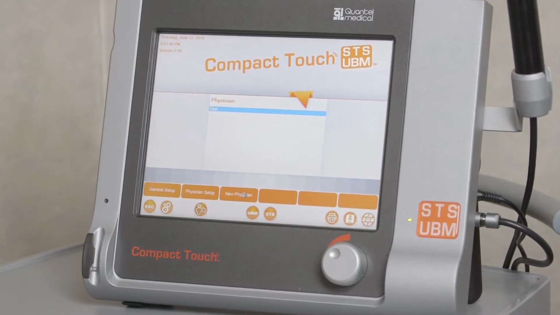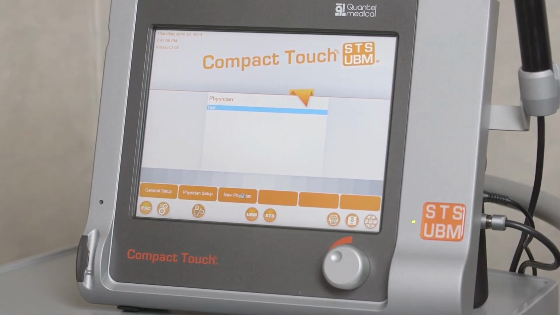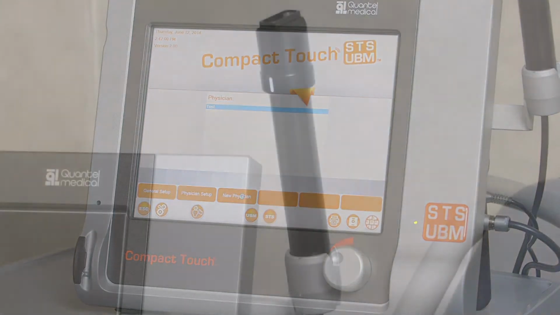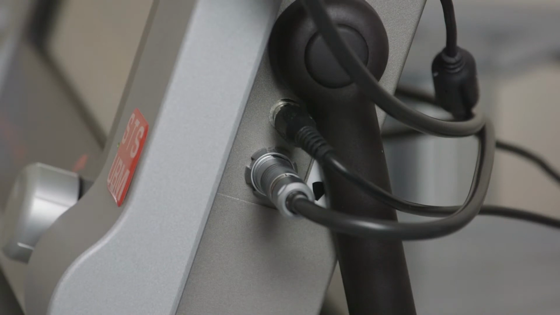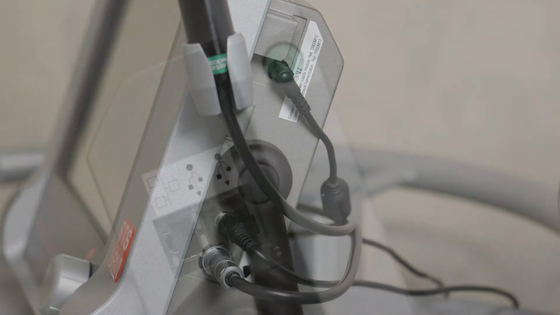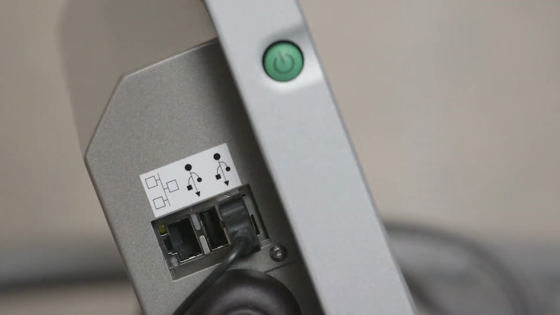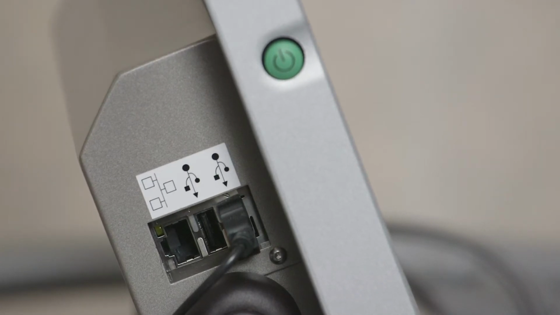The Compact Touch STS UBM machine includes a portable main unit with a color LCD LED touchscreen, a linear 50 MHz UBM probe, and a probe holder. The probe connection, located on the right side of the unit, is marked with a red dot to guide alignment. A foot pedal can also be connected on the right side of the unit. On the left side are USB ports through which a computer mouse, external keyboard, printer, or data storage device can